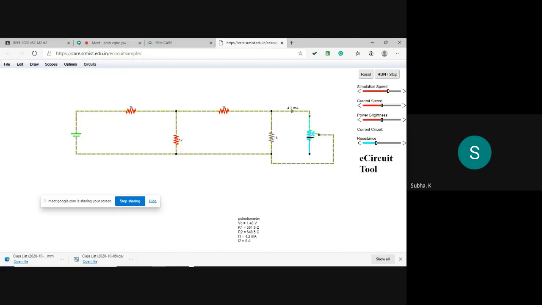Next, you need to find out the open circuit voltage. You open all these terminals, the 1 kilo ohm potentiometer and all, and across it you connect a voltmeter and find out the open circuit voltage as usual. R Thevenin you can do by manual calculation. Tell me what is R Thevenin? Has anybody calculated it for the circuit?